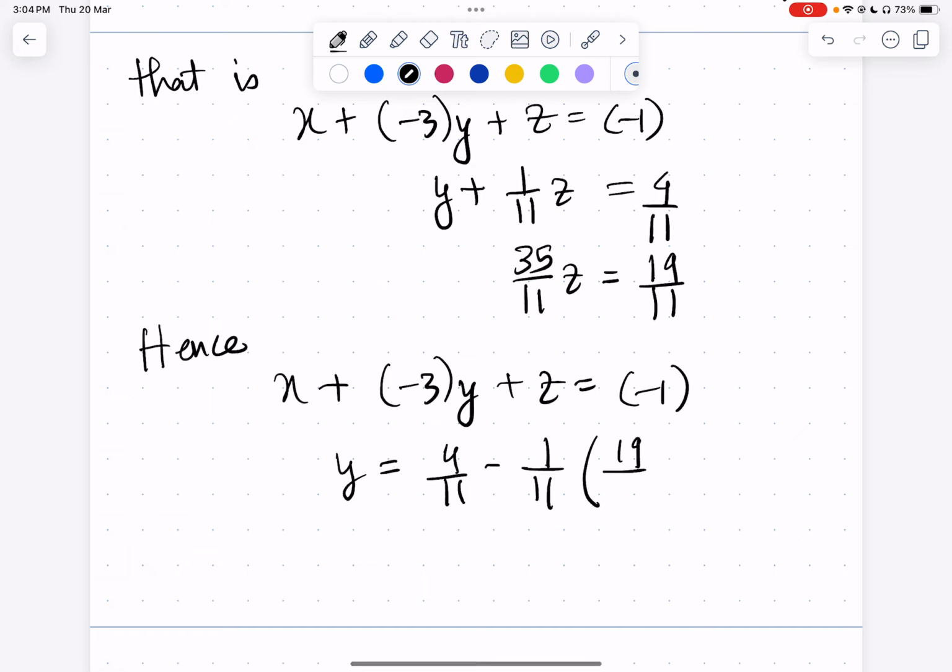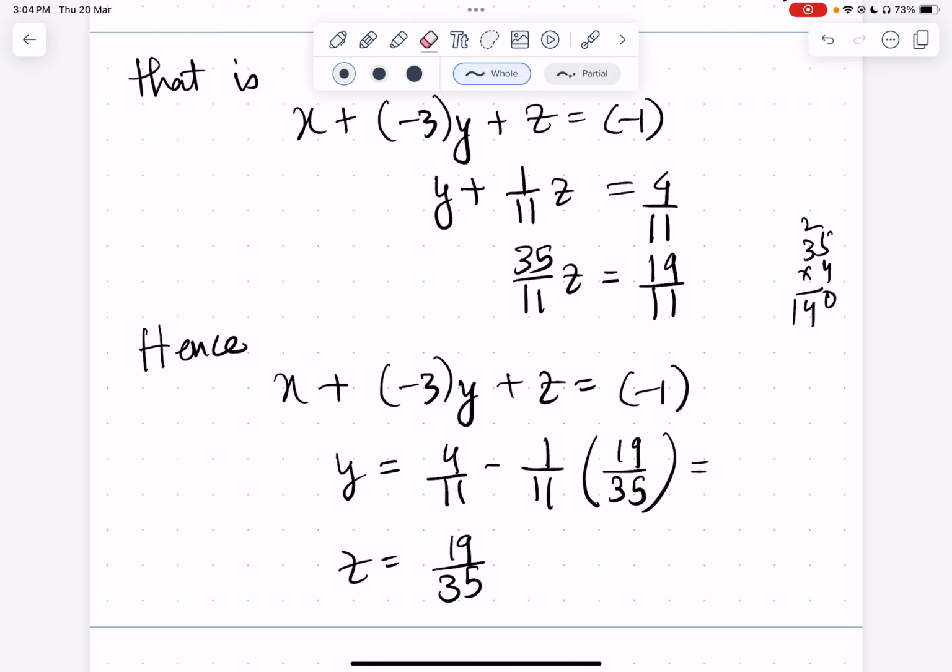Z is 19 by 35 from the last equation. So this is 35 into 4 is 140. So 140 by 35 into 11 minus 19 by 35 into 11. 140 minus 19 by 35 into 11 equals,